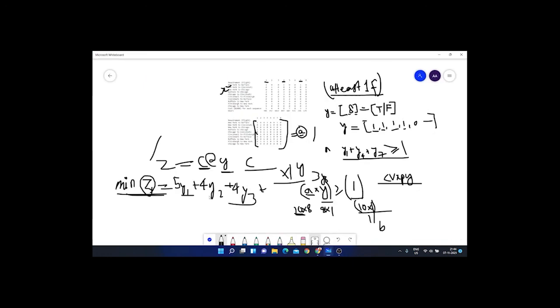This means that A, which is this matrix, y is the decision variable, greater than or equal to 1, which I explained here, that at least one flight should be available for each circuit. So that is represented using A at the rate y greater than or equal to b. This is our constraint.